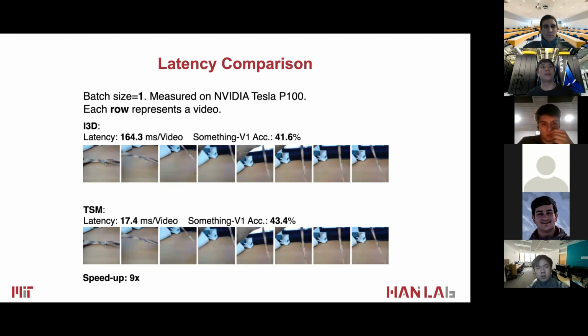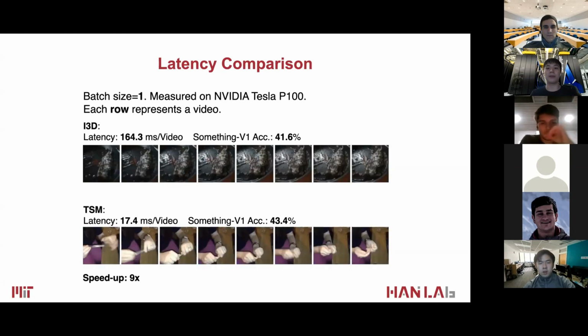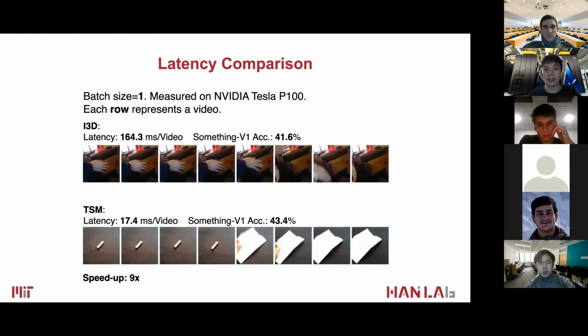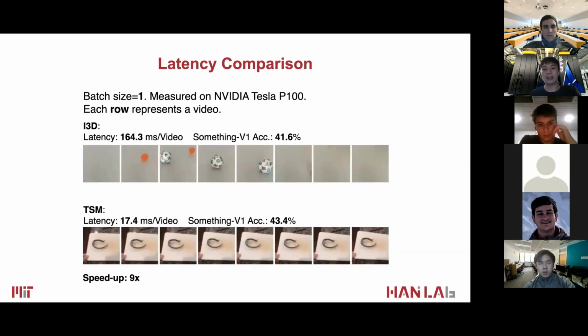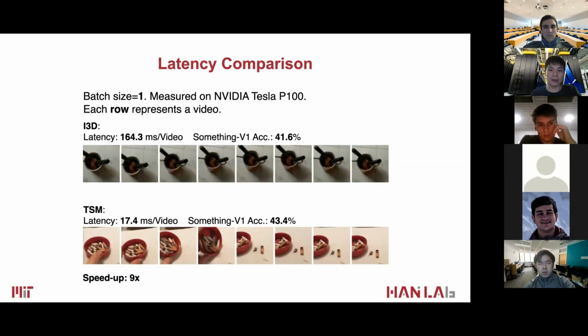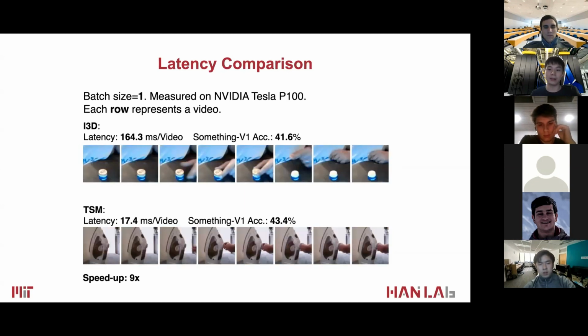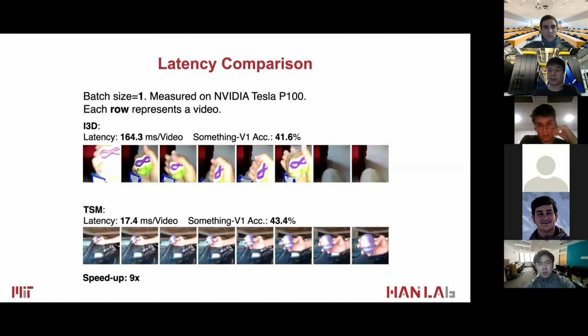And our model not only has a smaller computation, it's also very friendly for hardware inference. Our model has higher hardware efficiency because we use 2D convolution, which is better optimized than 3D on existing hardware like GPUs. Here we show a simple comparison of latency tested on an NVIDIA GPU. Each time we just feed one video to the network because we want to measure latency. Compared to the 3D network, we can achieve 9 times speedup while still having about 2% higher accuracy